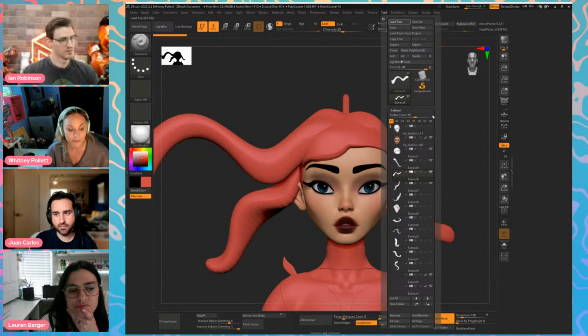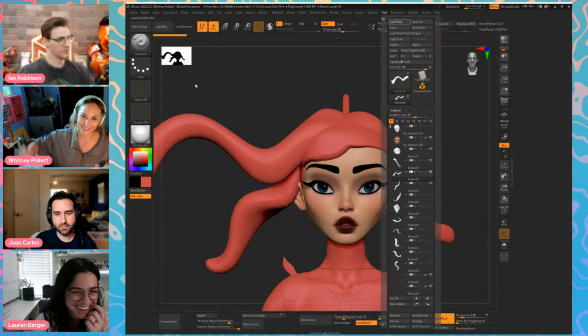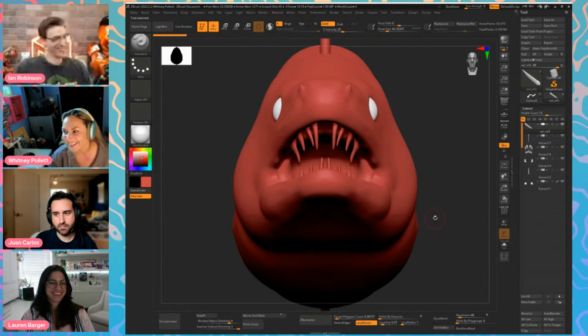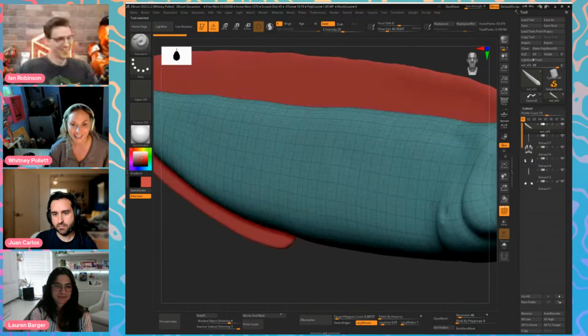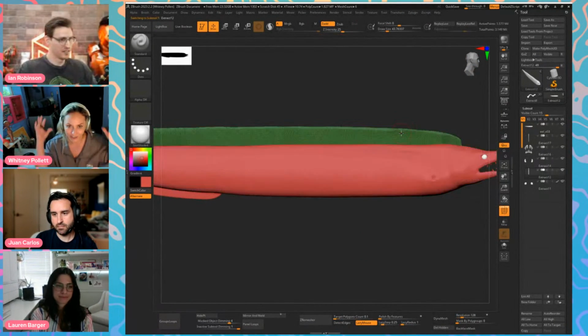But in terms of 2D, yeah, I like to just get super loosey-goosey with it. I engage my shoulder, like I put my back into it, and just see how fluid I can make it, and then I reel it in. I'll dial it back, and again, try and put my